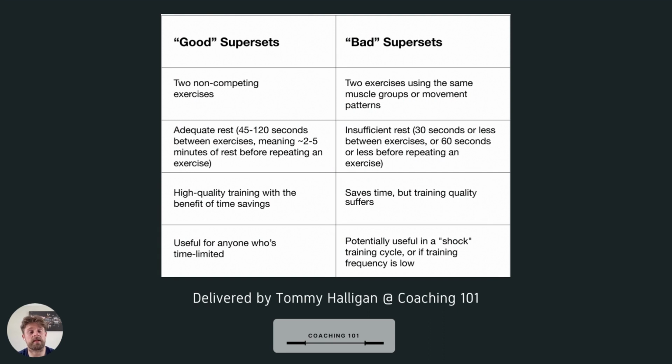Now, this table was taken from a research review looking at muscle damage in grouped supersets versus separated supersets, or muscle damage and muscle activation. And based on that review, they've come up with basically two categories: good supersets and bad supersets. So on the good side, we have two non-competing exercises. What we mentioned earlier, this could be a squat or training the legs